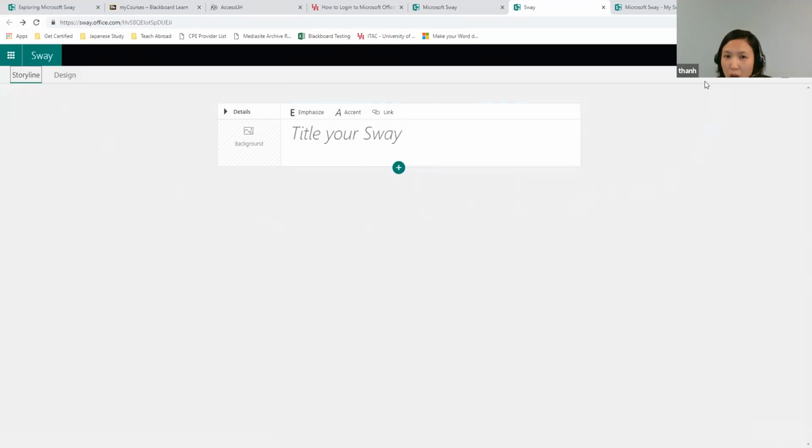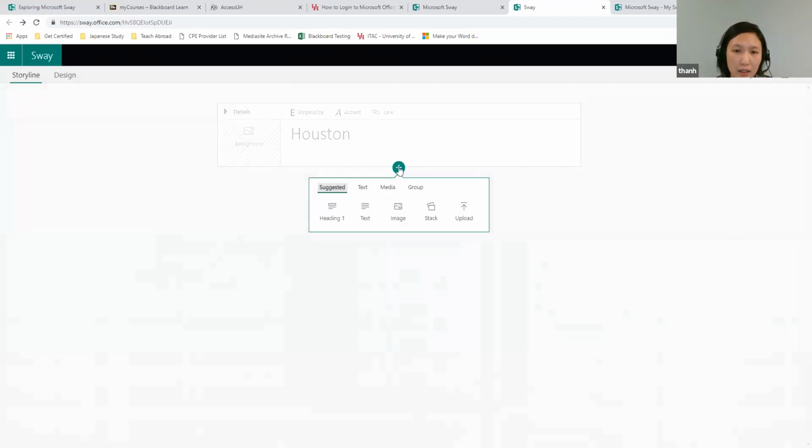And then in the top right corner, you have the options to just view the presentation or play it. You can share it, and you can insert images. So why don't I just create a very basic Sway so that you can see what it looks like. So for mine, I'm going to create one on Houston, and that's my title right there. And if I want to add another card or a slide to this, I would click on the plus symbol,